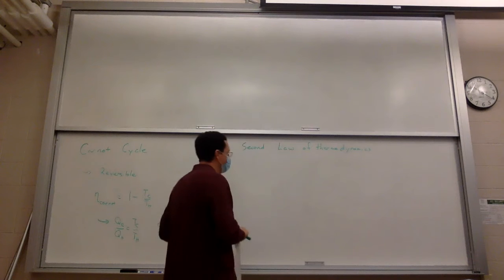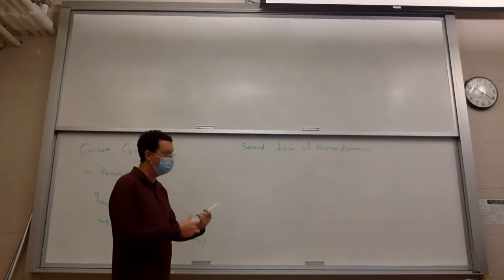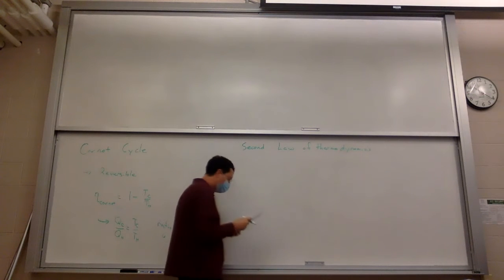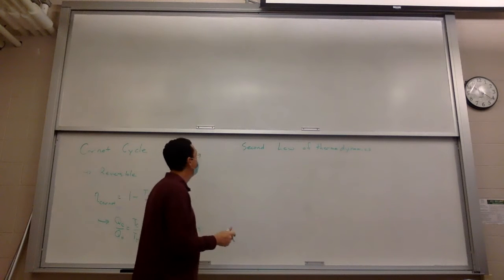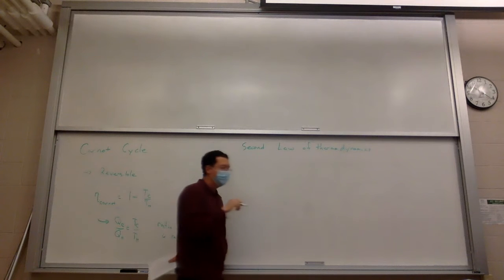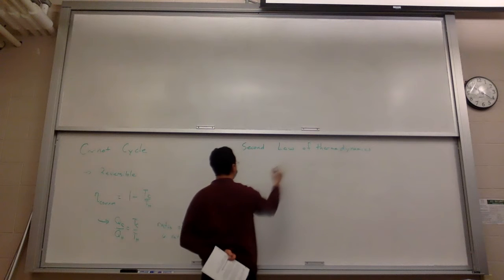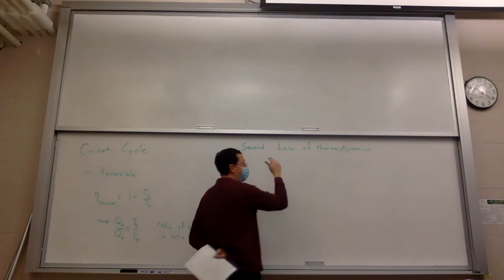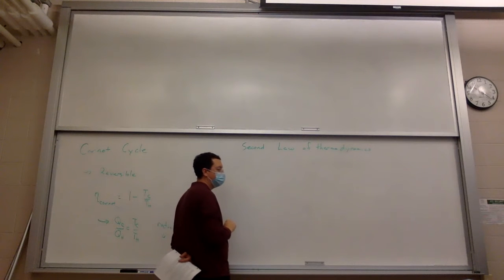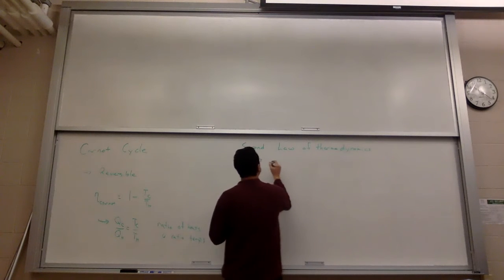So the Clausius statement. Clausius did a whole bunch. He had several ways to say this, I believe. So I'm just picking one, but it gives you kind of a flavor of it. So what we're going to do in this case is we're going to do this diagrammatically, and we're going to have heat and work follow the direction of arrows. So I'm going to use a rectangle for a reservoir and a circle for a cycle. Okay. All right. So here's the Clausius statement.